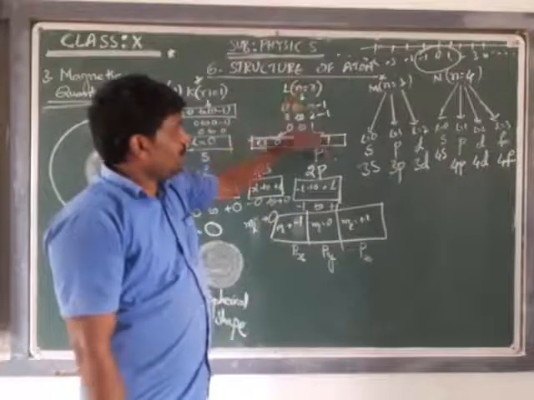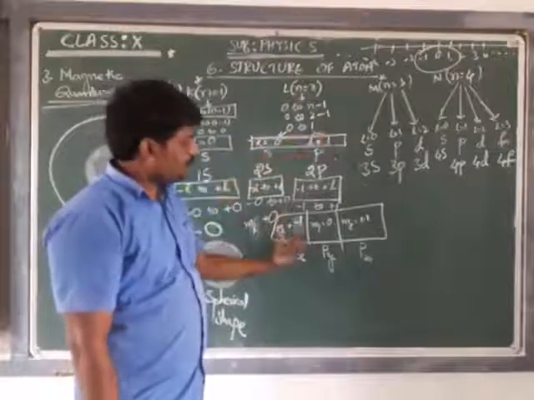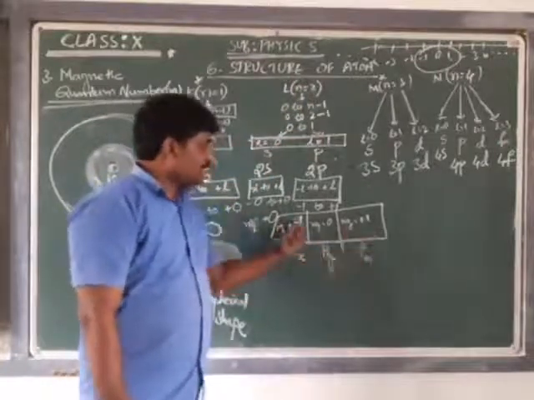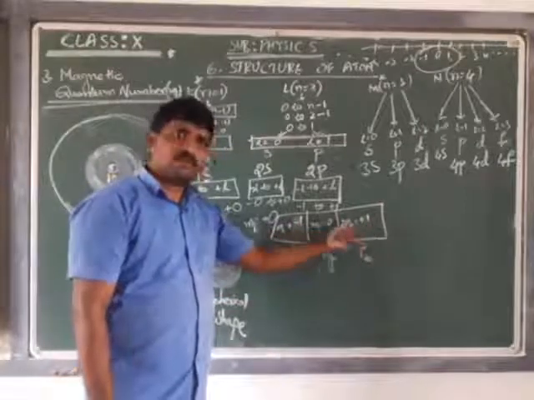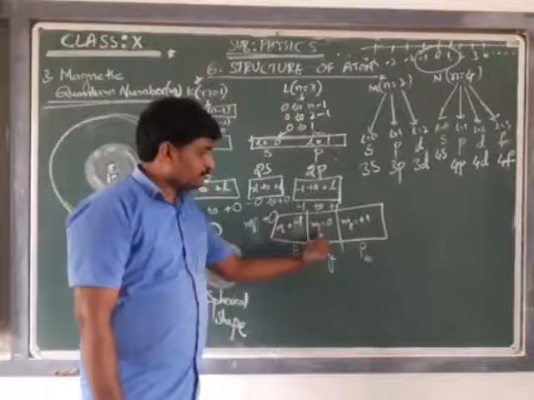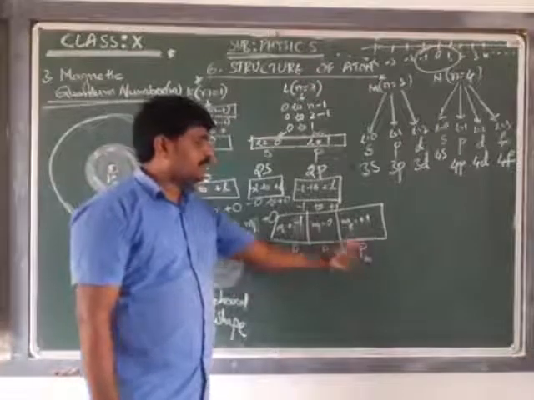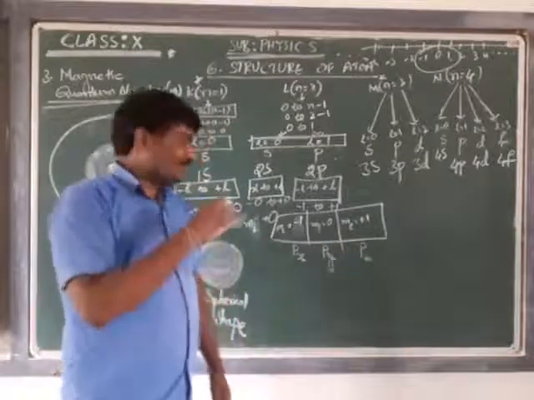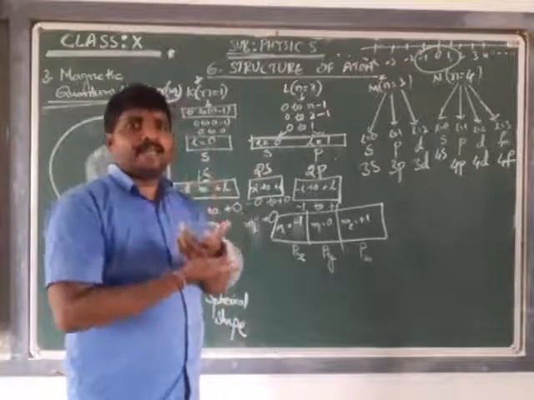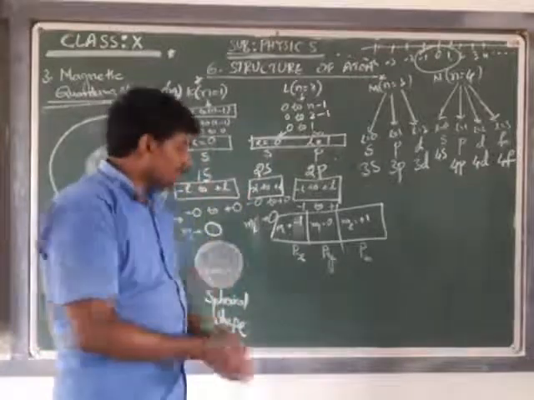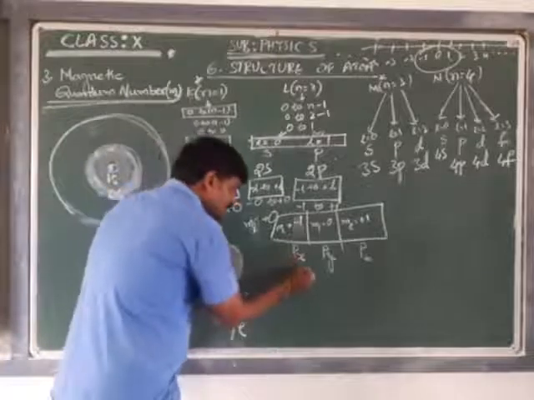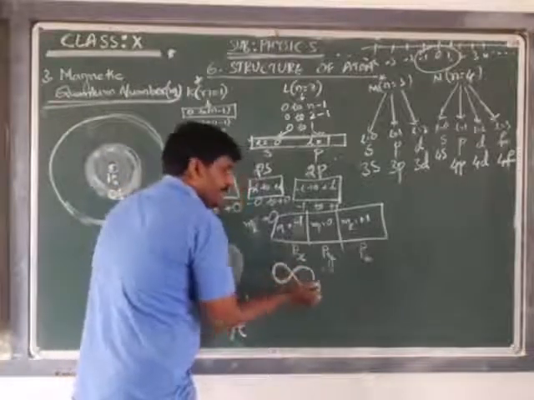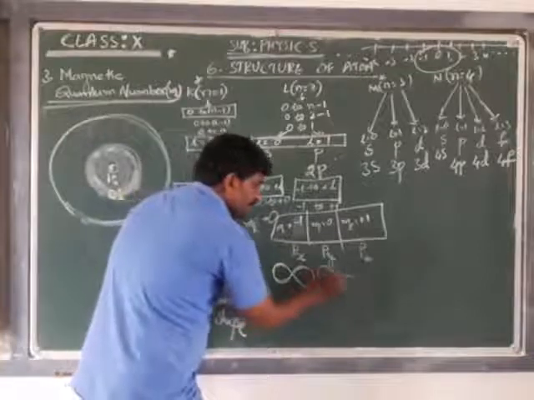In the second shell, I have the P subshell, oriented in the form of three orientations, where Ml is equal to minus 1, 0, and plus 1. Px, Py, and Pz. Now how they occupy the space of the atom is the main question. This Px is in the shape of a dumbbell. Py will also be in the shape of a dumbbell.